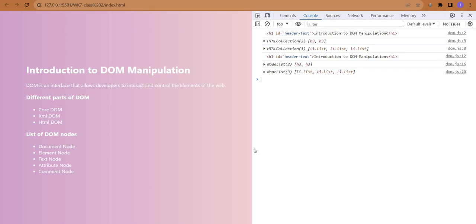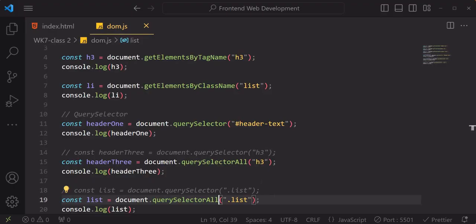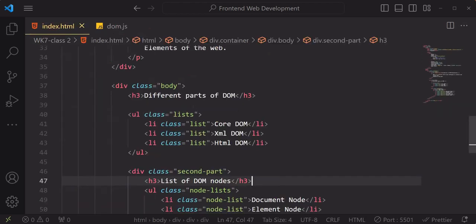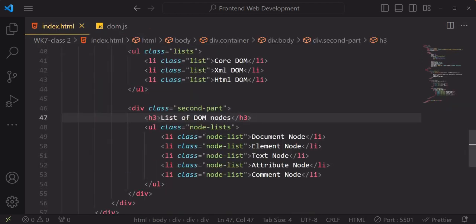So you can see how powerful query selector is. I use query selector more often than not whenever I'm selecting an HTML element from the DOM. It's as simple as that. And also one of the powerful things